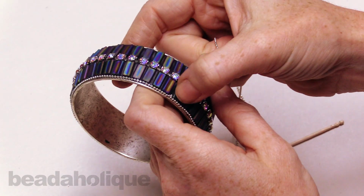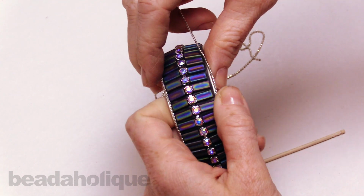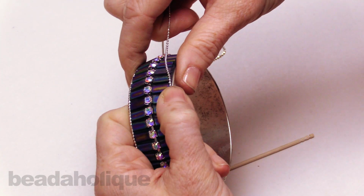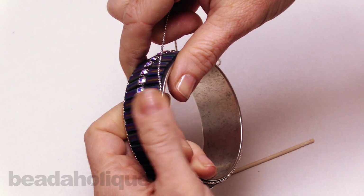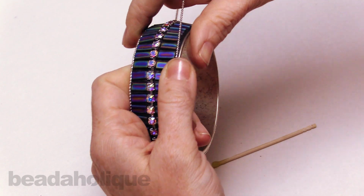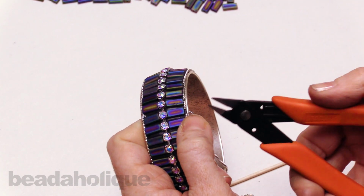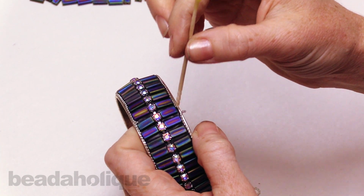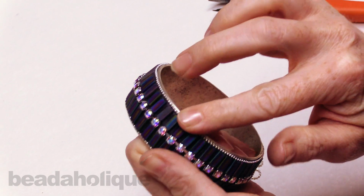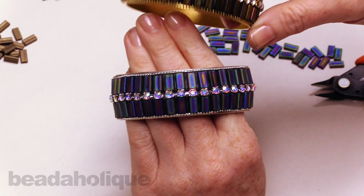If you want to find where you started on this side right here, you could just do the same. There we go. And I'm not pre-measuring or pre-cutting. I just know I had 2 feet, which was going to be plenty. And I'm just working it along. That way you don't accidentally cut it too short. Okay, we're back to our starting point. There we go. And again, just press it into place. And we're done. So there is the silver version of our bangle bracelet, and we're calling this the Harper Bangle